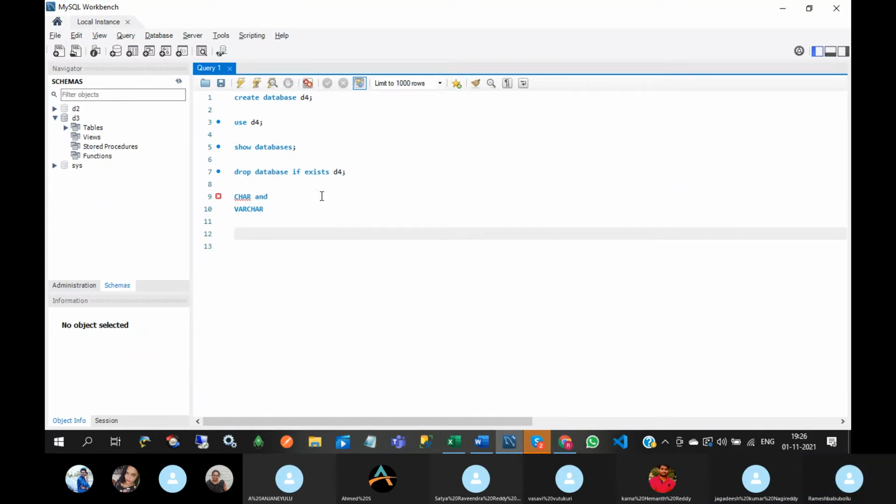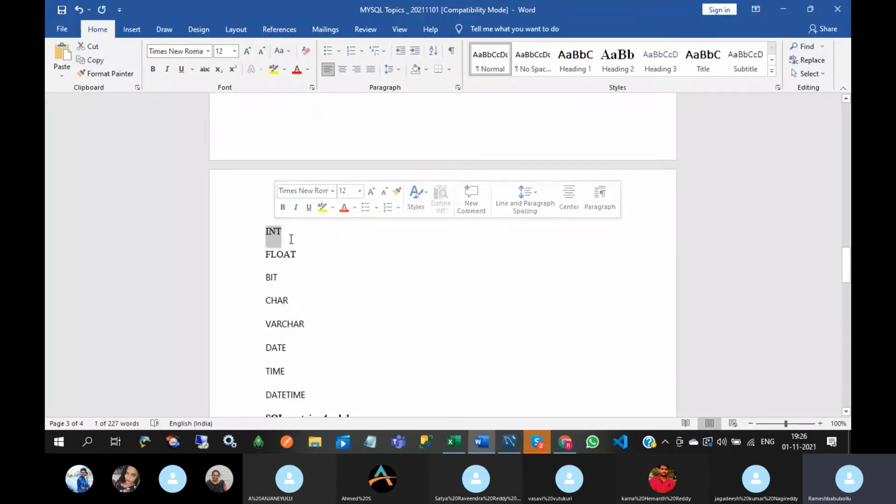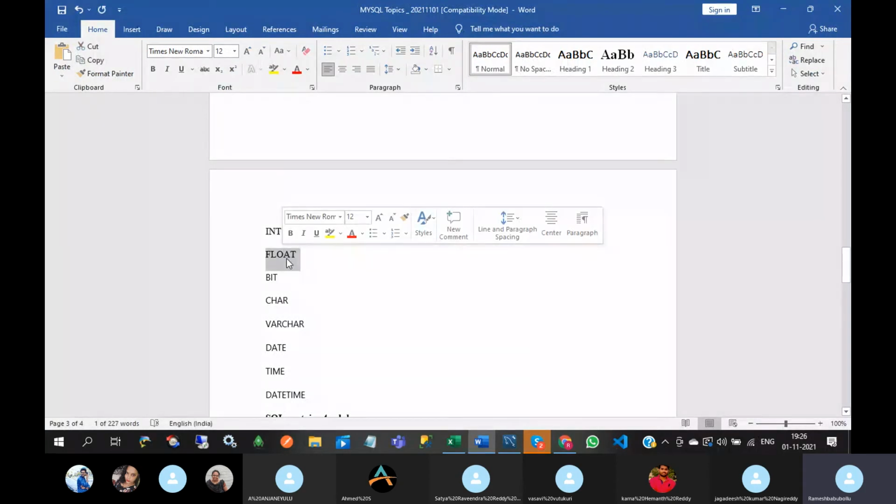I am going to declare one variable. What is the purpose of data types? They are used to store different types of data. By using the int data type, we can store numbers. By using the float data type, we can store floating point numbers.